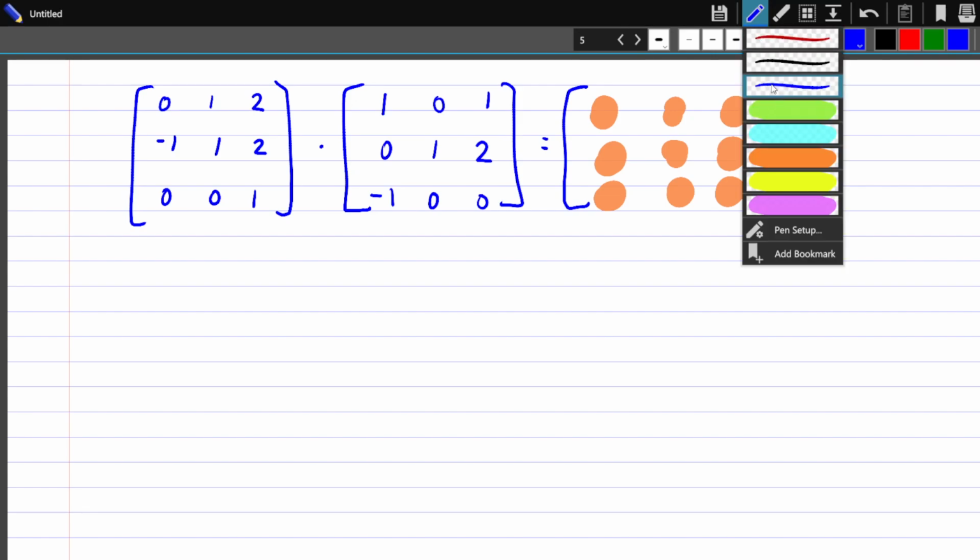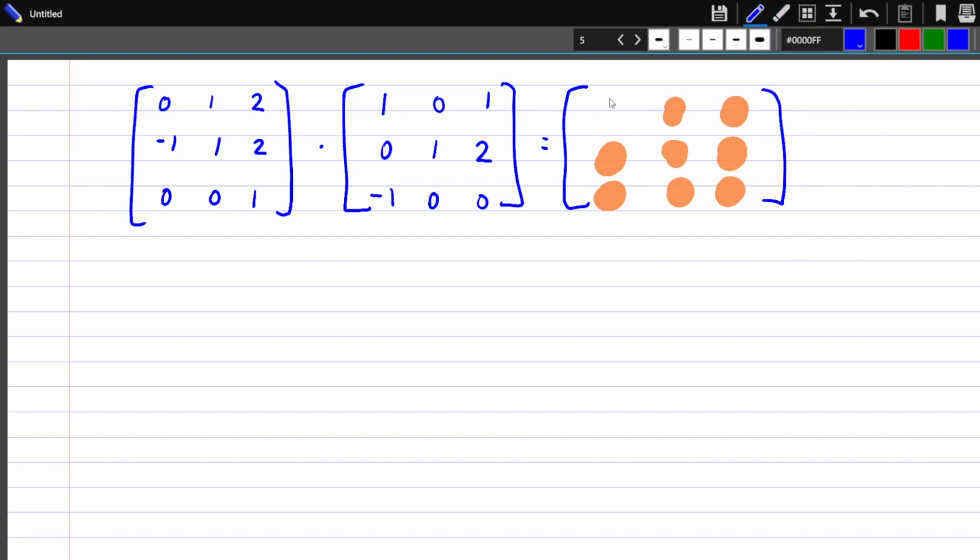The first one is in the first row and in the first column, which means first row, first column. So we'll go here and we will pick the first row, and here, and we will get the first column. And we will start multiplying. 0 times 1. And we will add